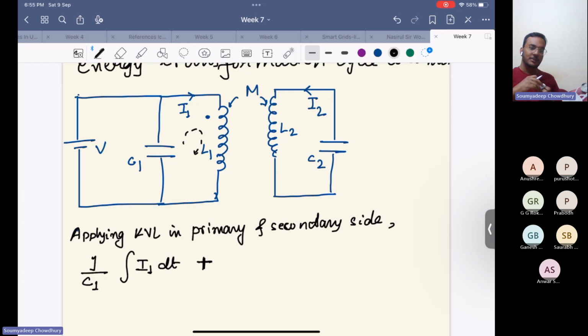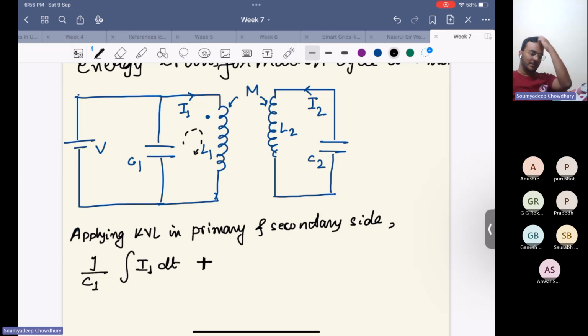Check the notes, it is visible on your screen. What is the voltage across a capacitor if a current I is flowing through it? For resistor it is I into R. For inductor it is L into di by dt. So for capacitor it will be